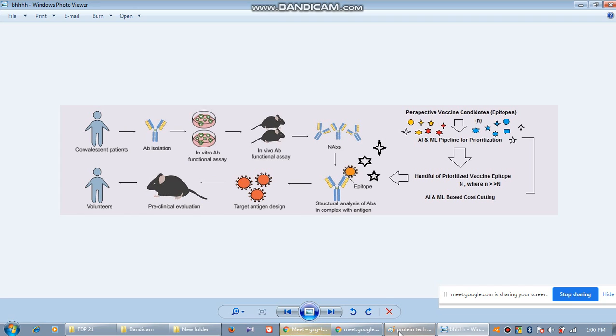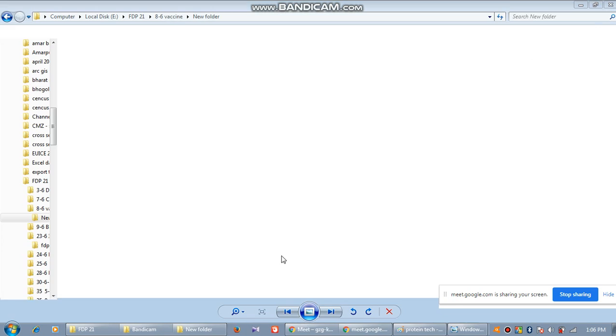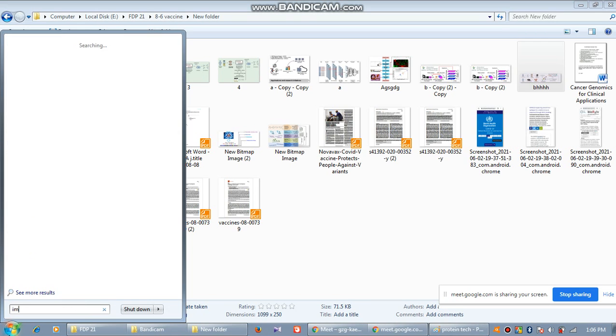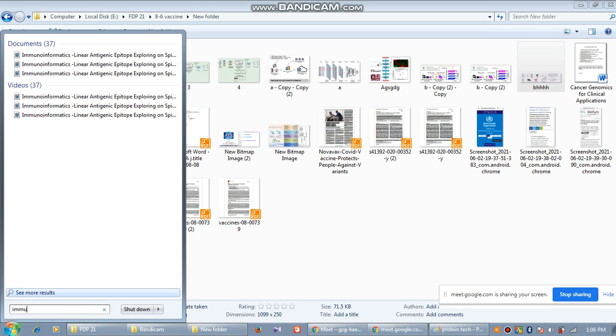Okay, so there are a couple of other concepts as well, but what I want to show you now is this, that what are the different domains of